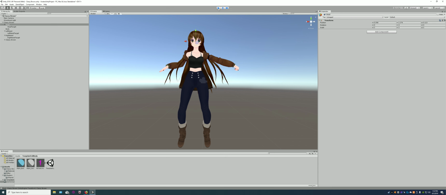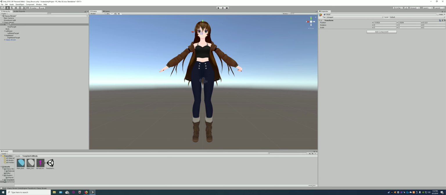There's one more thing you need to do. Go to your root, not your character, your root. Click Add Component and type Avatar Descriptor. Add that. And this is where you give a name to your avatar. Classy Brown. And the author. This is the information that shows up in Beat Saber. Once that is done, save your project